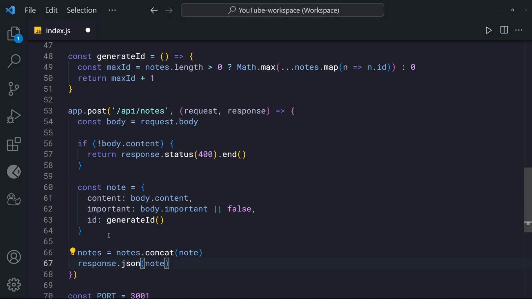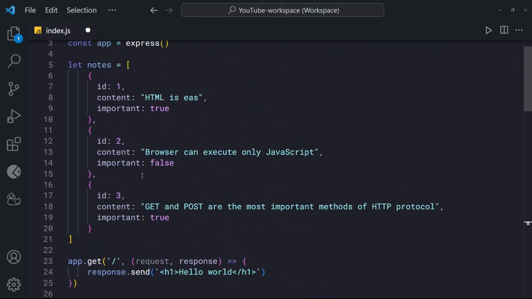What this is going to do is it's going to let us take the JSON that we get from the request, that we get from the client, and it's going to convert that JSON to a JavaScript object. And once we've converted it to a JavaScript object, we can access the different components like the content and its importance. So in order to use the JSON parser, we're going to go to the top of our application, and